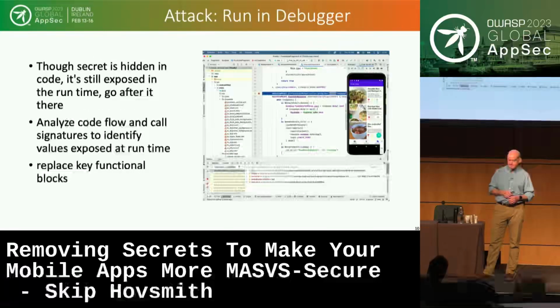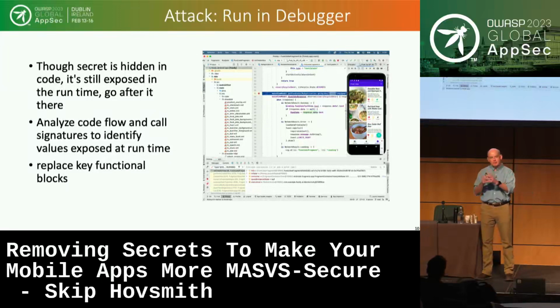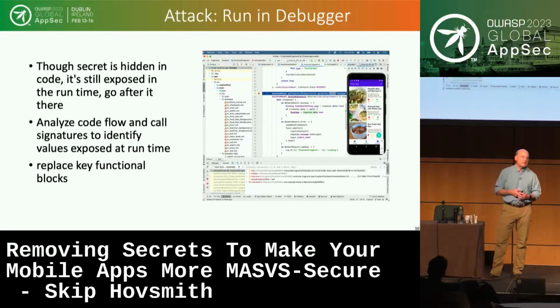So the attacker, if it's obscure, let's say the constant's split into 100 different places around, they might pivot to using a debugger, and rather than trying to find all 100 pieces, they're going to run the debugger up to the point where that secret is assembled for them and about to be used, say, as an API key. And if they know the networking stack, which they can detect, they'll look around, they'll find the call signatures, then they can zero in, even in obfuscation, where it is they want to pause the debugger and start sniffing around to find those constants.